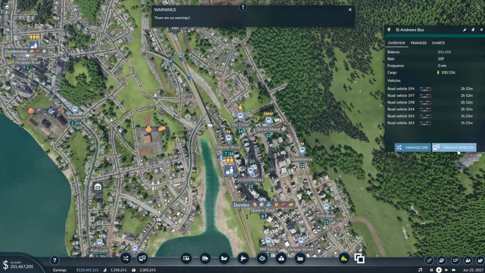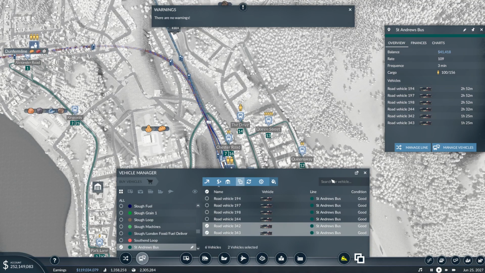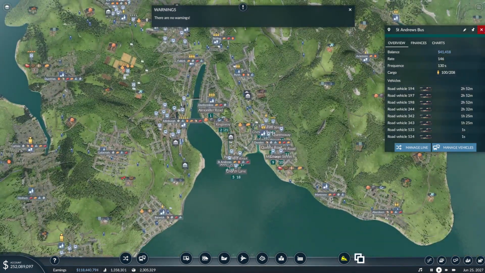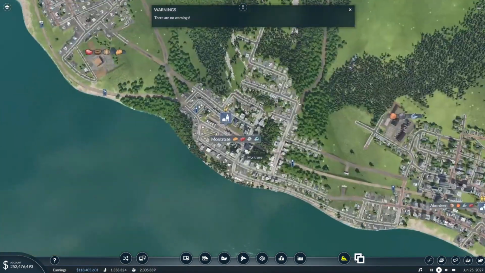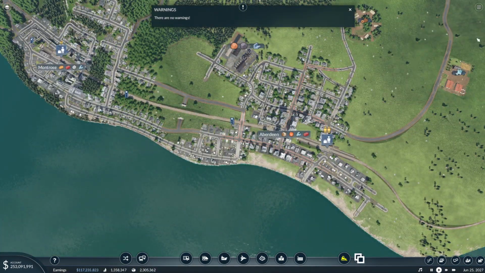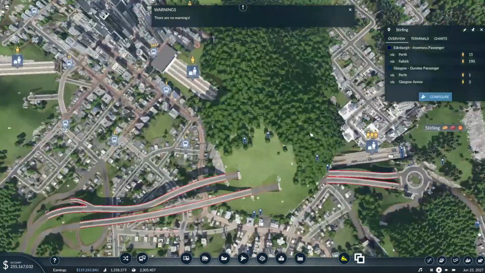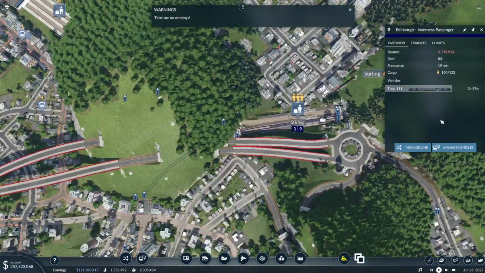This bus route needs more buses. When it gets over the lag. About now. But yeah, if you look at just how much towns have expanded into each other, this is all fine. It's just this southern area, really. Stirling, Edinburgh to Inverness. I'm gonna...